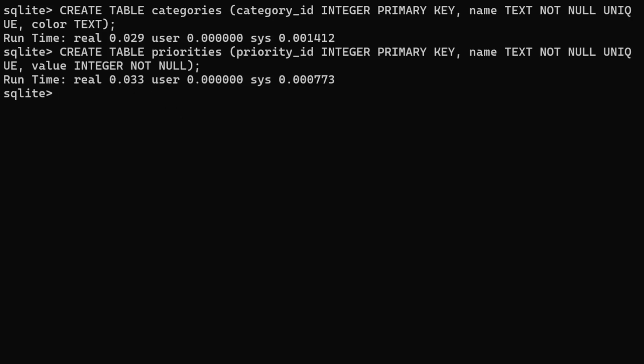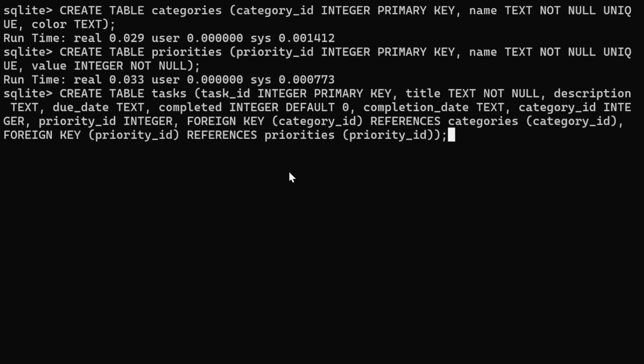And the most important table would be the task table. Task would have many things: the task ID, title, description, due date. In SQLite, we can store due date either in the form of a timestamp or in a standard formatted string, date strings or datetime strings. And we'll have a completed field, which should be boolean, but in SQLite 3 we don't have any boolean data type.